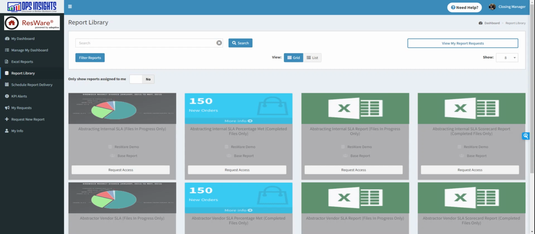So a few things about this. I'm currently logged into one of our demo accounts, and I'm already in the report library. You can see it here, but it's very easy to navigate to. So once you log into Ops Insights, you just look in the left-hand navigation bar here and click on Report Library. And when the page loads, you'll see all the reports that are available to you and your company in